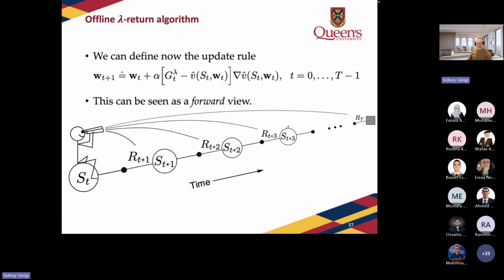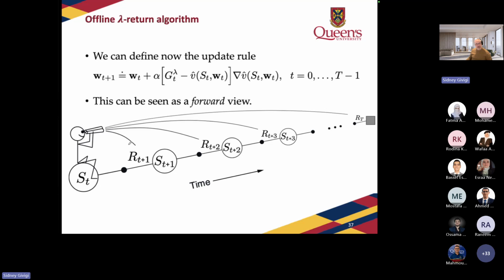And this algorithm, as if it was written like this, and again, this is just a generalization of the algorithm that we saw before, where we have V of S_{t+1} equals the previous V plus alpha times the return and the V itself. And then here, this would be equal to 1. But this is just a generalized way. And I'm writing it this way because later on, we're going to use this in a future lecture.